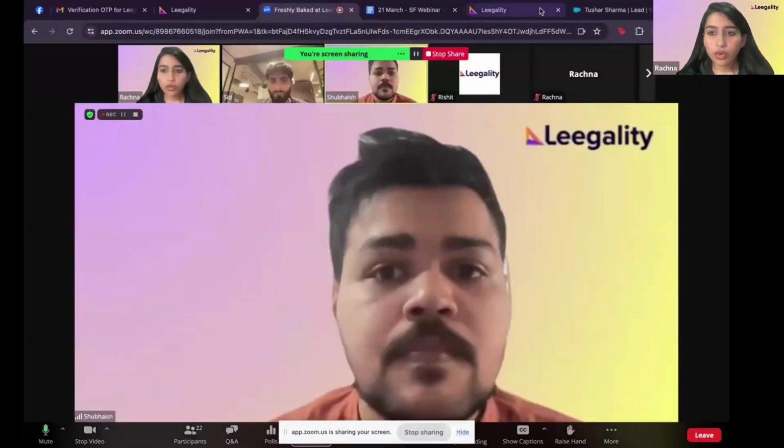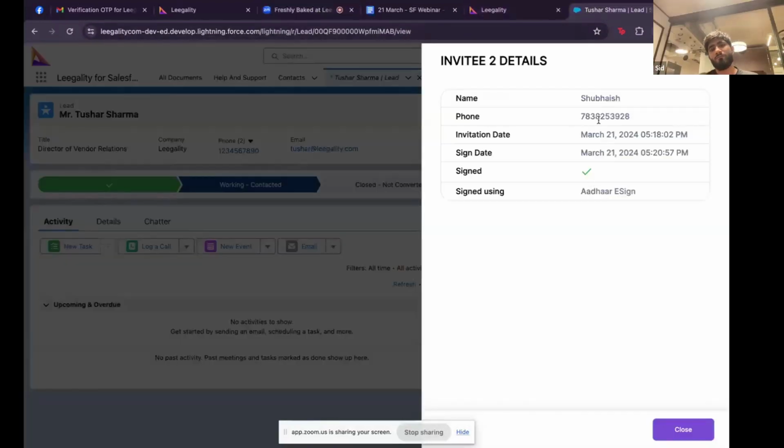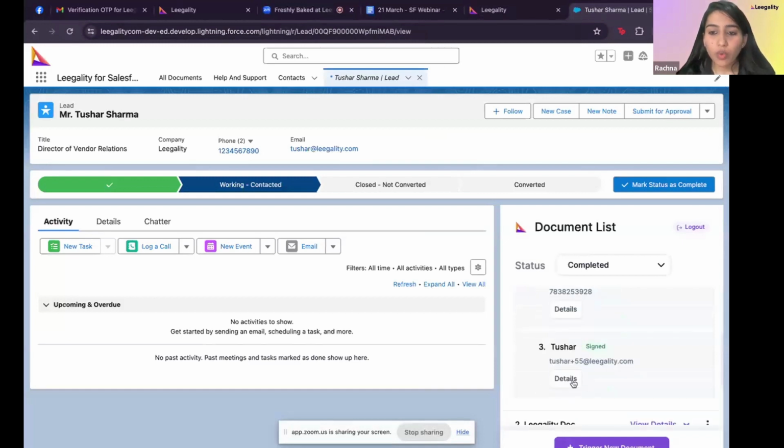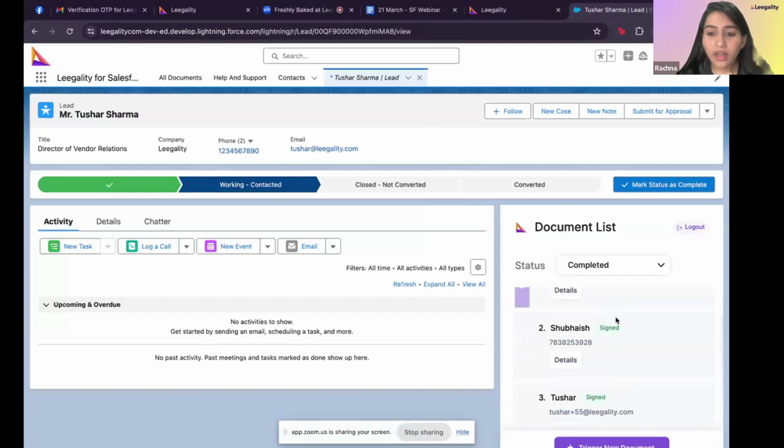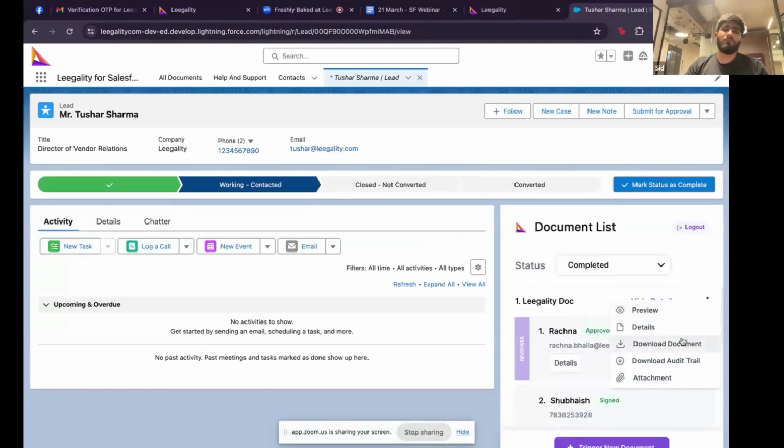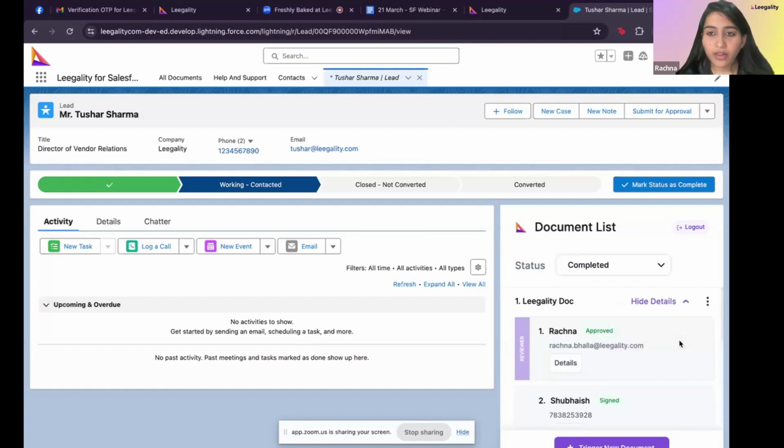Right. So, as it's visible on Salesforce, we received the update that the document has been signed. It was signed using Aadhaar e-sign, with the date and the timestamp in place. And the third one was virtual automated sign. This also has been done right after, because it was a pre-configured virtual automated sign. So, it was done at 5:21 p.m. The document is now signed, and I can download the signed document here, and I can also download the audit trail,